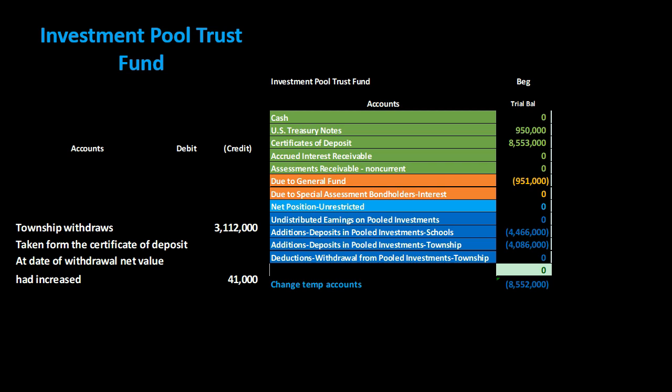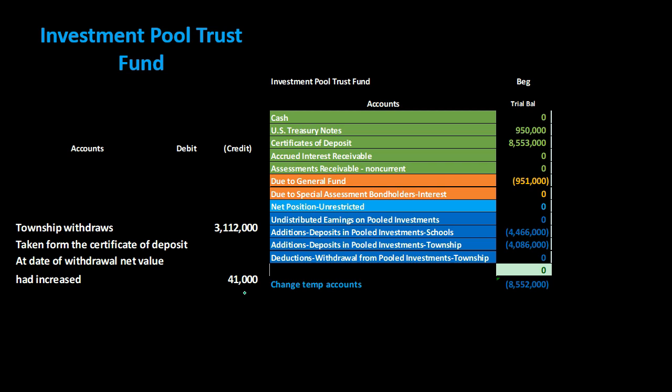Now we're going to go back to the investment pool. So now we're back into the pooled investment where these areas have pooled this money together into the trust fund. And we're going to say now that the township wants to withdraw $3,112,000. So now it's in the pool. What happens if one of them wants their money back, or wants to take some of the money out? Well, okay, now we have to take some of the money out, township. All right, so we're going to give the money back to them. But before we do that, we have to record the fact that there could be an increase in the value